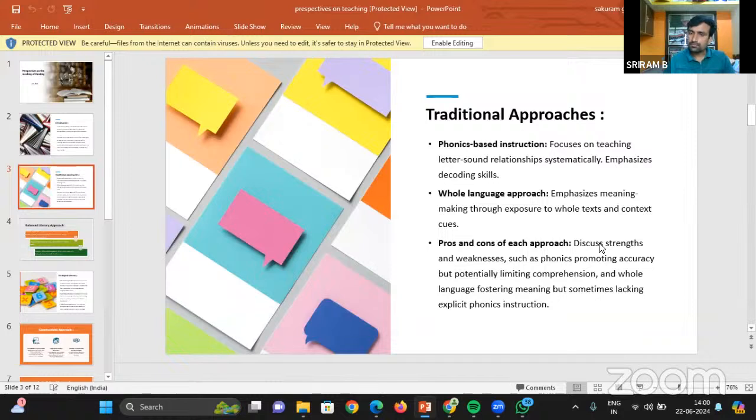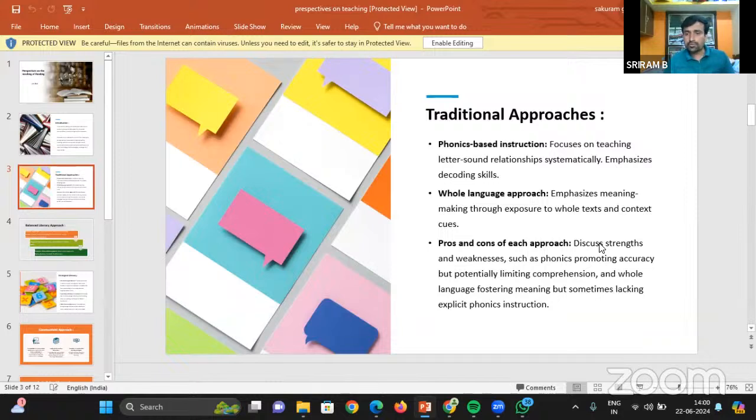So you are the sender and we are the receivers. Great. And then translating words into speech. You are translating the words into speech. That is decoding. You are the encoder and we are the decoders, right? Right. Thank you.